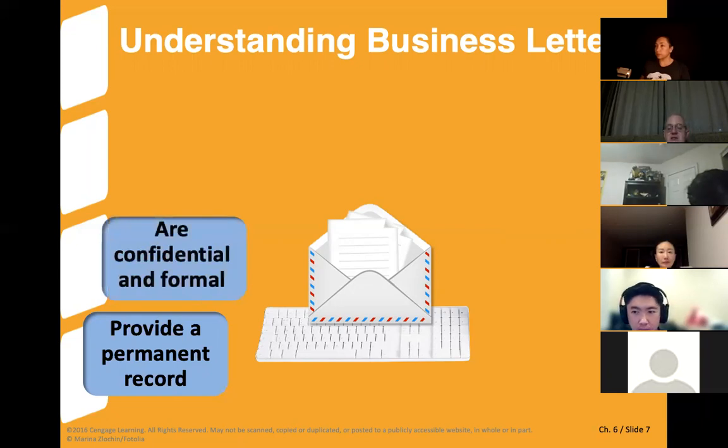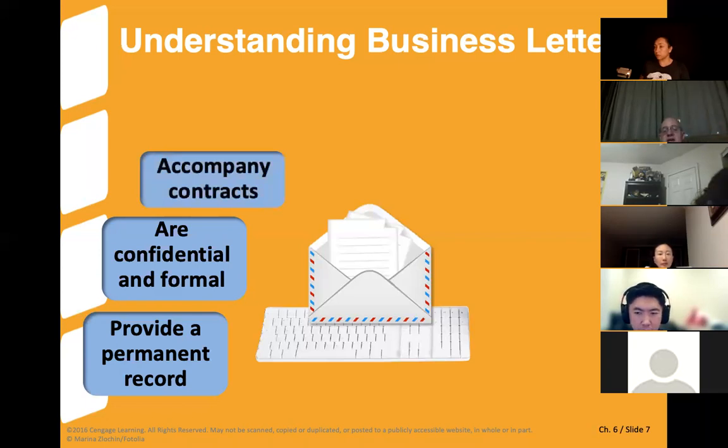Letters can be confidential too. I remember I said last week, when I was talking about email, that one of the problems with email is that you lose control of that as soon as you hit send. Now, of course, people can take your letter and make a copy of it and send it around to other folks, but not as readily, not as quickly as they can with an email. And because it was sent in an envelope, sealed and everything, there is sort of an implied understanding that this is between you and the person you sent it to, and not for the entire world to see.